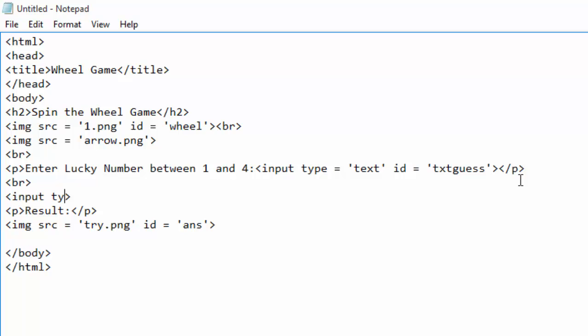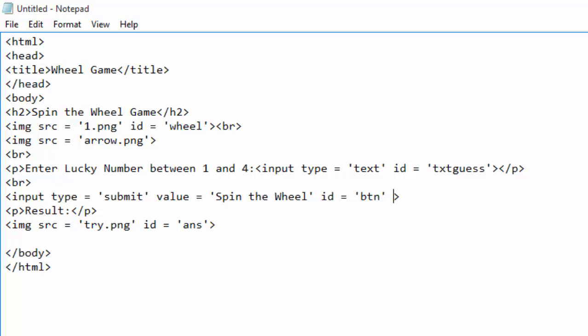Input type, of course, is submit, and value will be spin the wheel. And this button, I want it to have an ID, btn,